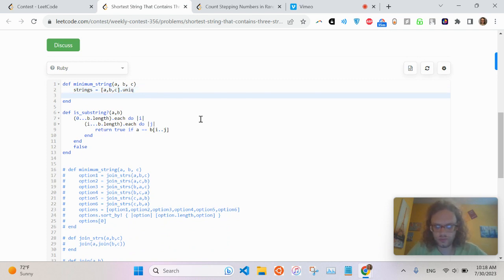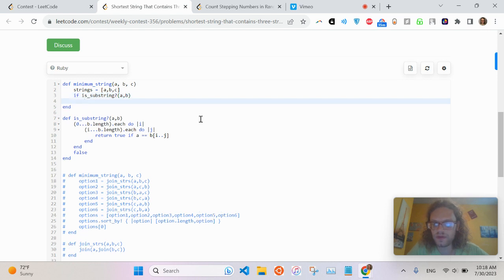So if strings.length, so if is substring AB, then